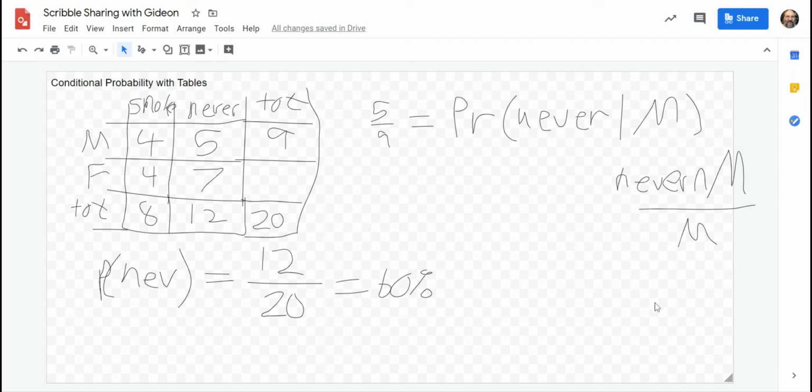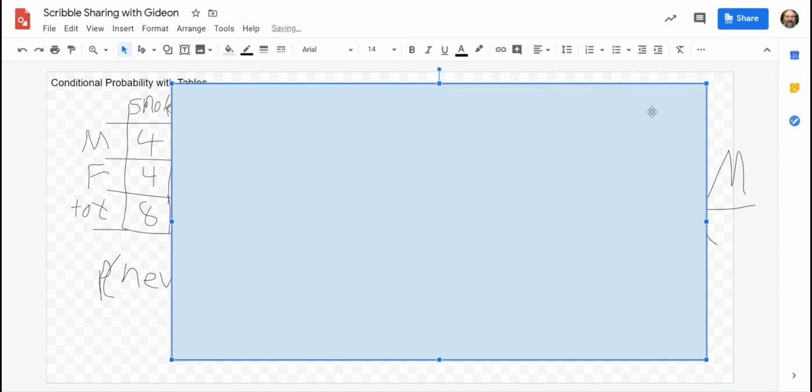When they ask you a question about smokers, again, out comes the box to cover up everything else. We don't need to know anything about non-smokers and totals to answer a question about smokers. Well, that's the number of male smokers divided by the total number of smokers, 4 over 8,